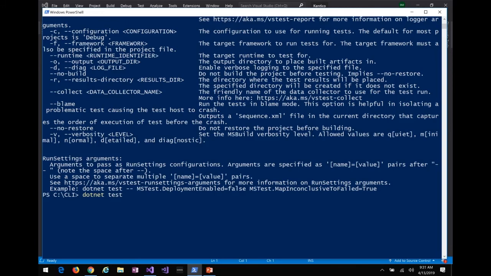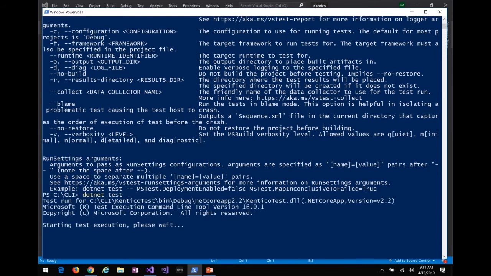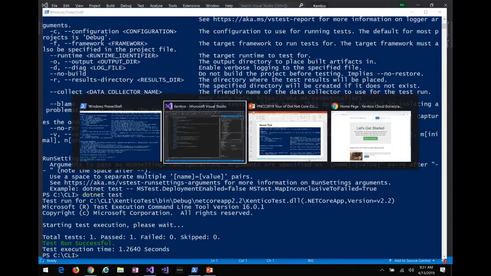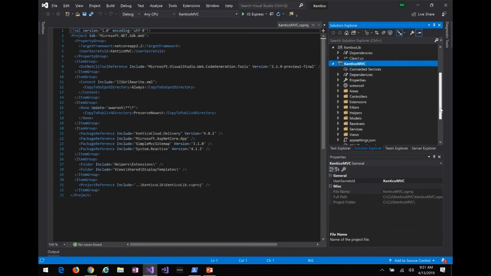Okay, so this probably is going to search the solution directories to see if it can find a test project, and it found one, right? And it ran that test. Pretty cool. We didn't have to specify a ton of parameters, just .NET test, and it found the right test project. It found the right test, and it ran that test. Just to prove that this really works, what I want to do is go into the test project